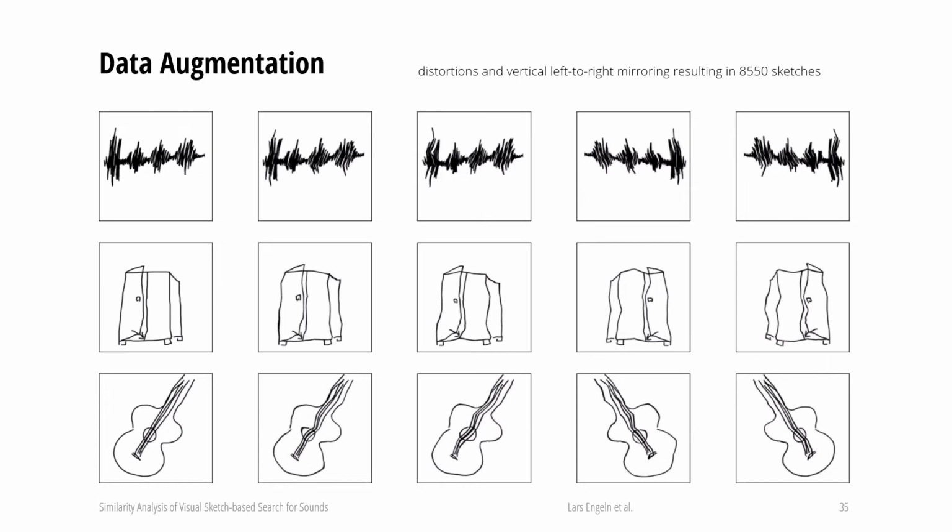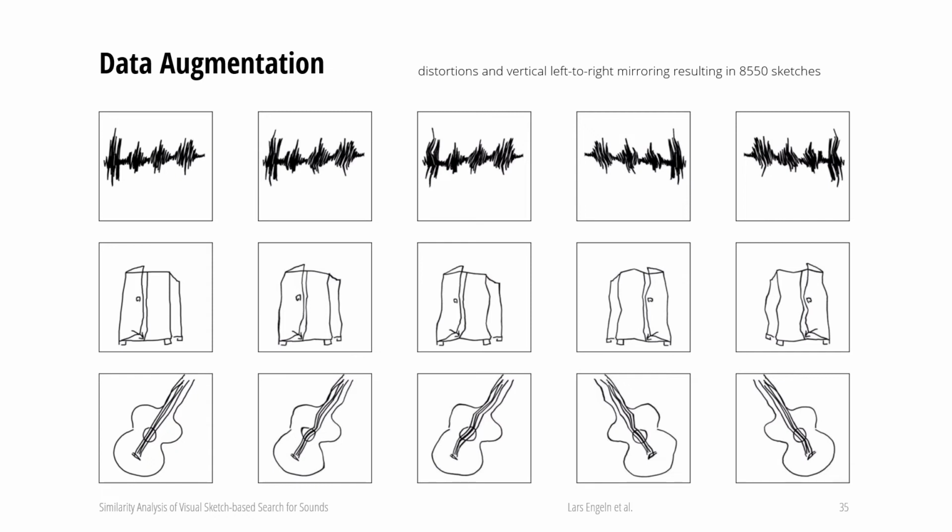To ensure proper training, we augmented our dataset by introducing some distortions, because not every sketch is perfect and you will always jitter if you try to reproduce a sketch. And also left-to-right mirroring. We did not include top-to-bottom mirroring, as most of the sketches had a meaning and where the horizon is. By having 10 different distortions and different mirrorings,